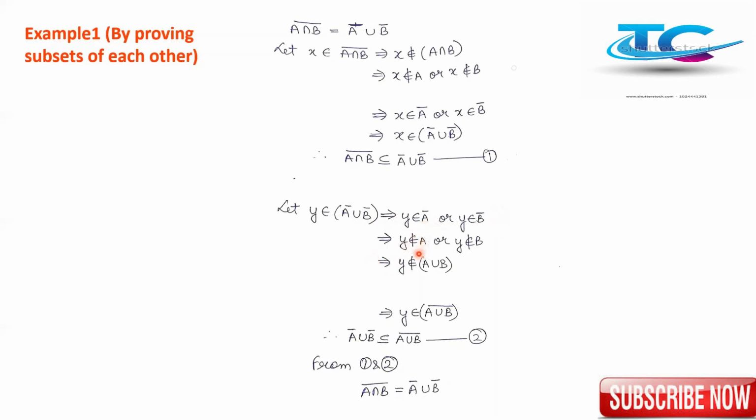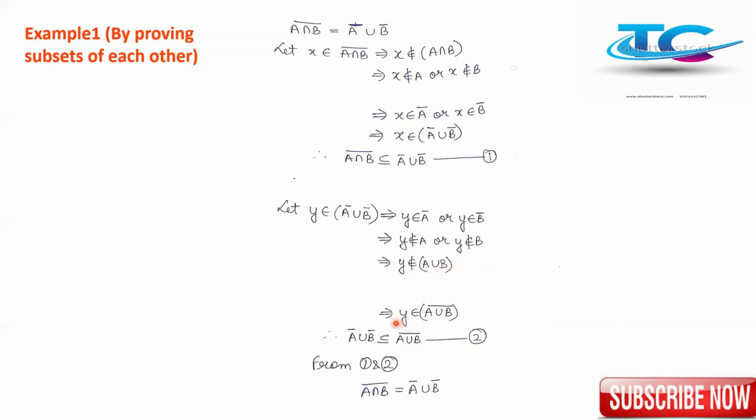We can write it like this also: if y is an element of A bar, it means y does not belong to A, or y does not belong to B. Combinedly it can be written as y does not belong to A union B,